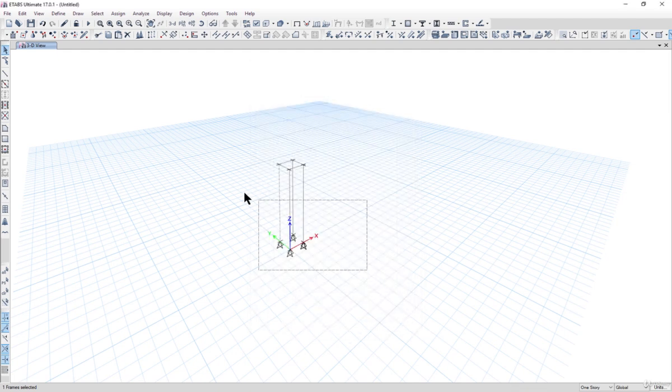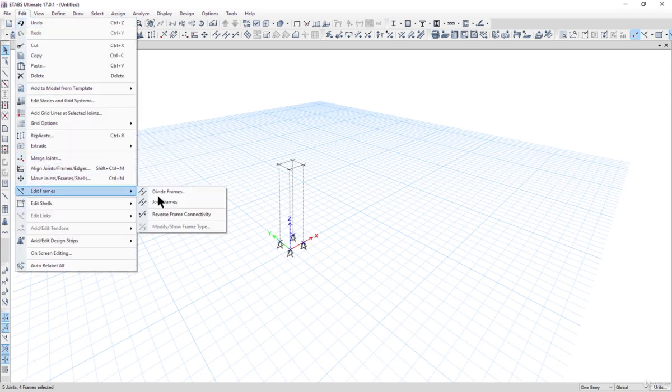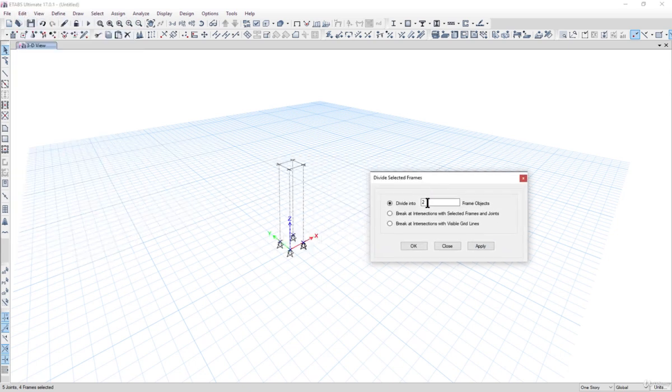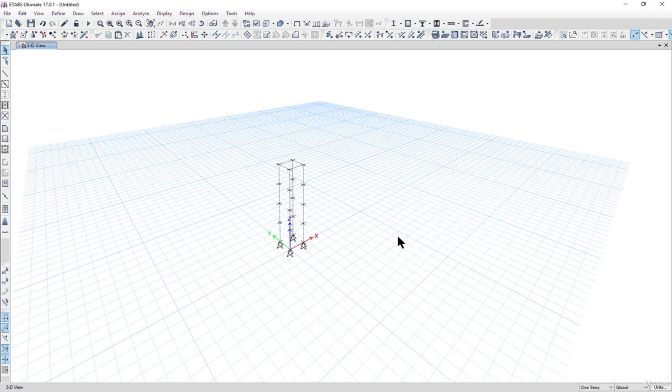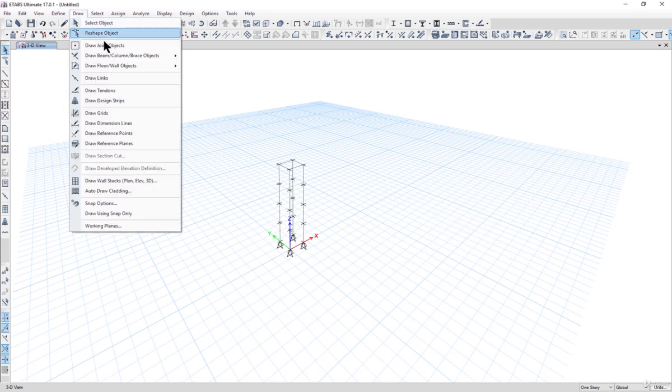So we need to divide these frames into 4 different parts such that the individual height is 1 meter. So we go to edit, frames, and divide frames. We divide it into 4 frame objects. Left click on apply and then OK. And now we need to tie these